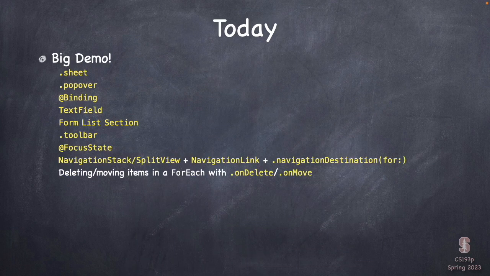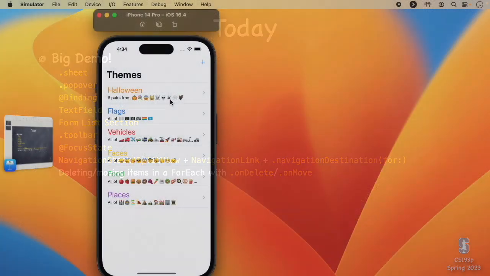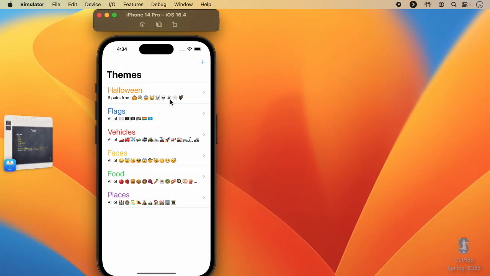Today, as I said from last time, we're going to have this gigantic demo, and it's all demo. And these are all the things. You can go look at this later and make sure that you remember me saying these things. But before I even do that, I'm going to show you, and I don't like to do this because I don't want to stifle your creativity, a little bit of what your A6 is supposed to look like.